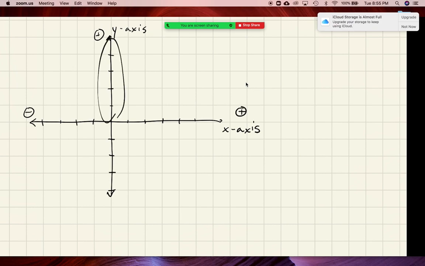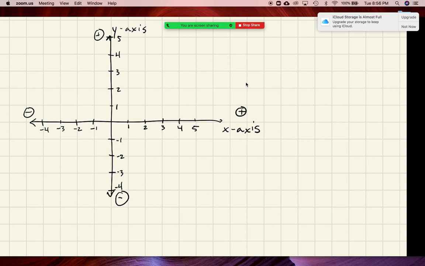So all of these are positive, and negative is downwards. So this would be positive 1, positive 2, positive 3, positive 4, positive 5, and so on. Negative 1, negative 2, negative 3, negative 4, and forever. So, basic graphing